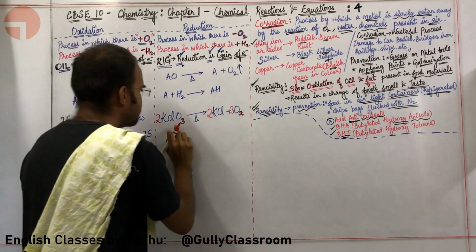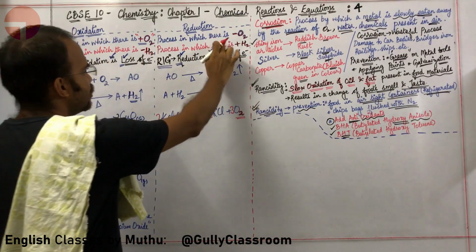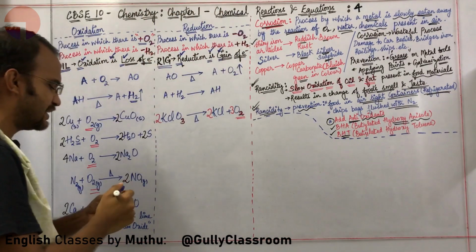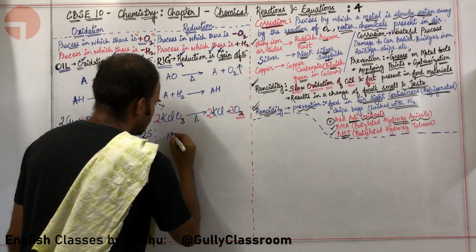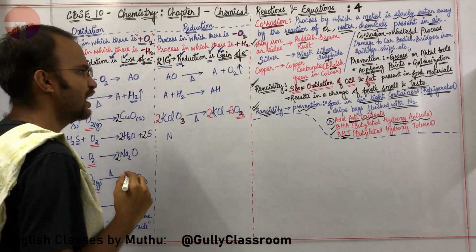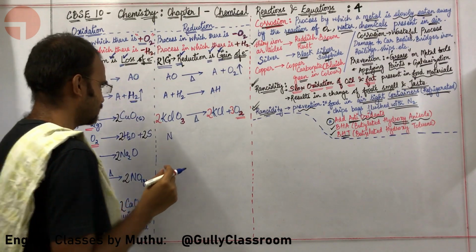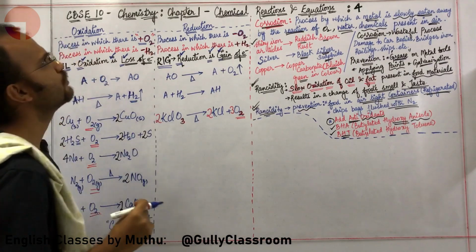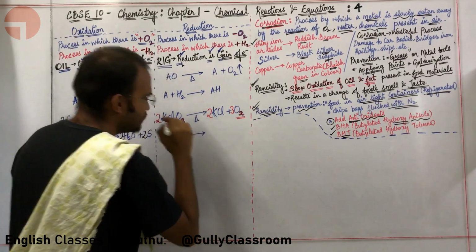This is basically removal of oxygen. Here oxygen is being removed. Removal of oxygen is reduction. Fine, sir. Give me another example for removal of hydrogen. Okay, removal of hydrogen. You want another example? Removal of oxygen. Let us go for another example of removal of oxygen. Removal of oxygen is HgO.